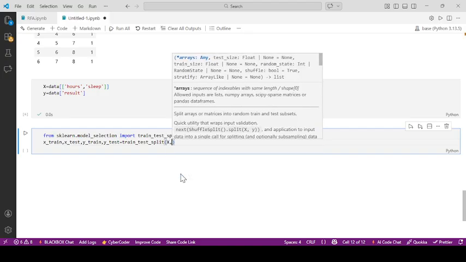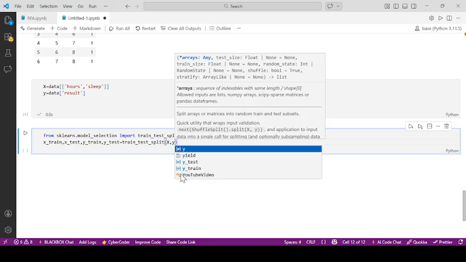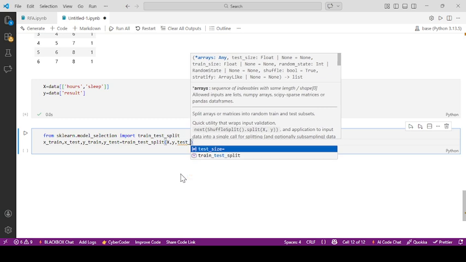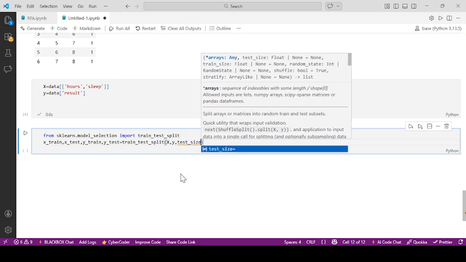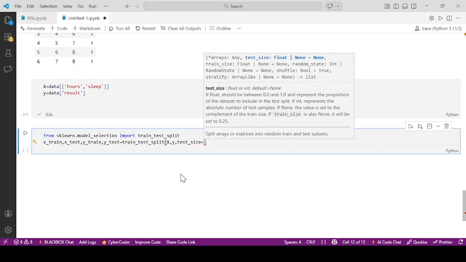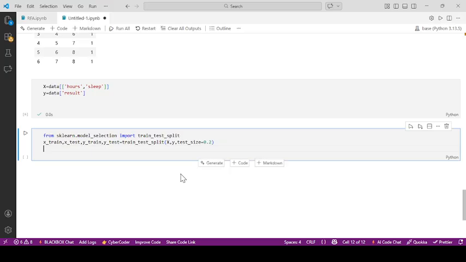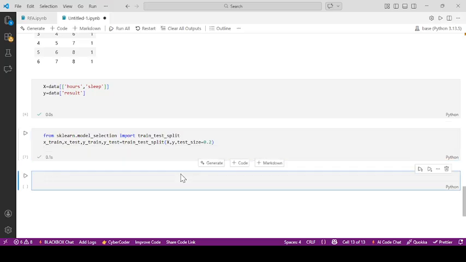To this we have to pass the independent and the dependent variable set. Also mention the test size or train size. I'll mention here a test size of 20%. Okay, so just run this. My split is ready. Now it's time to